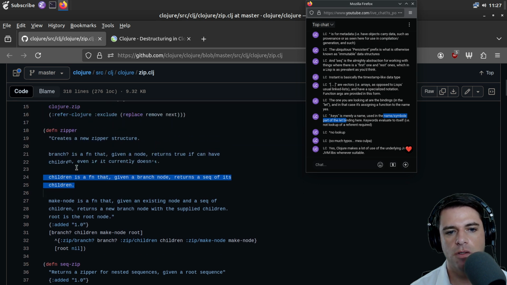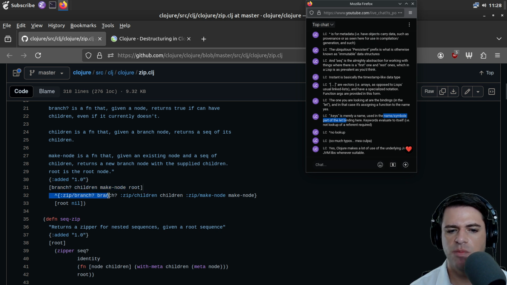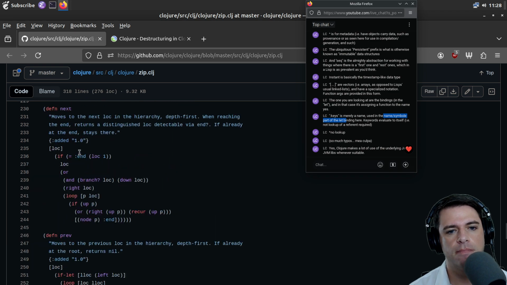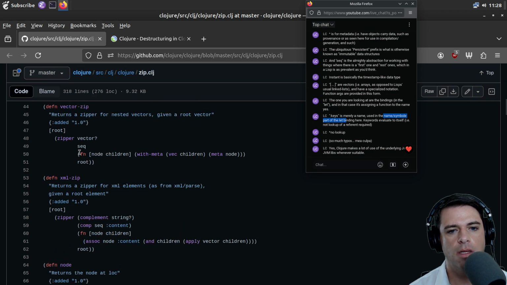Okay, so where's the implementation? Okay, so branch, children, make node, and root. And then we've got this annotation thing. Zip branch is set to branch. I guess we're maybe annotating with the arguments that were passed in. And then what?